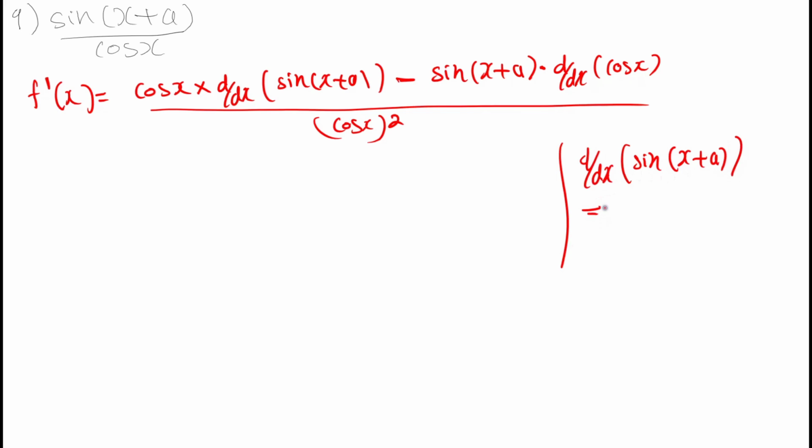To find the derivative, first write the derivative of sin x. The derivative of sin x is cos x. In place of x, you can see clearly x plus a is there. Into, next find the derivative of the term inside the bracket. So here, the derivative of x is 1 and plus a is equal to 0. So that we can write the derivative is equal to cos of (x plus a).